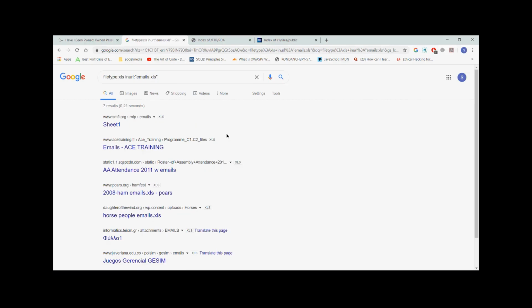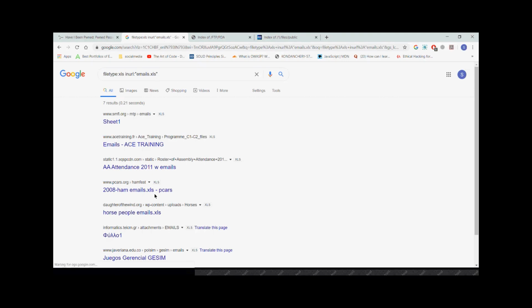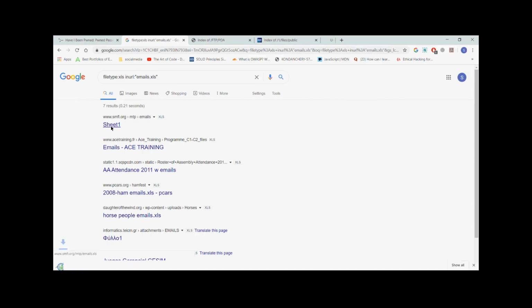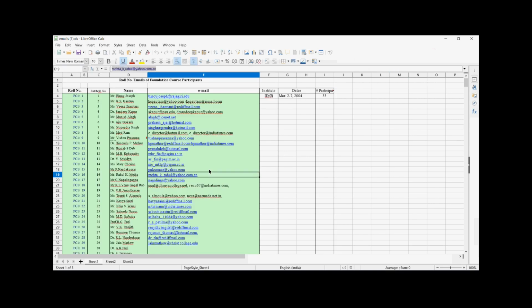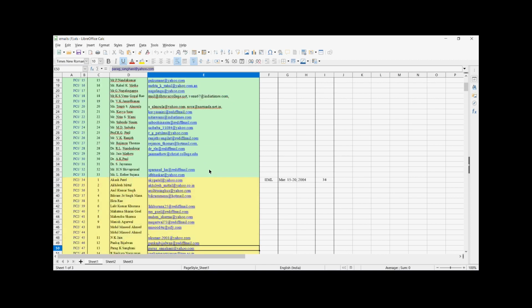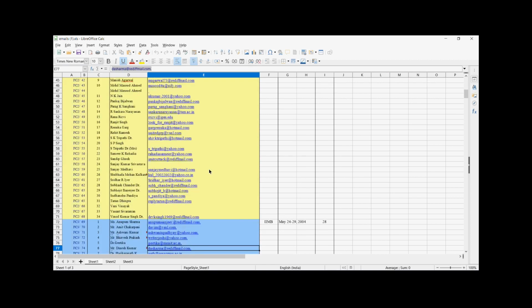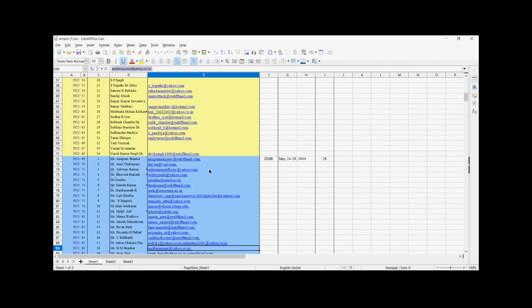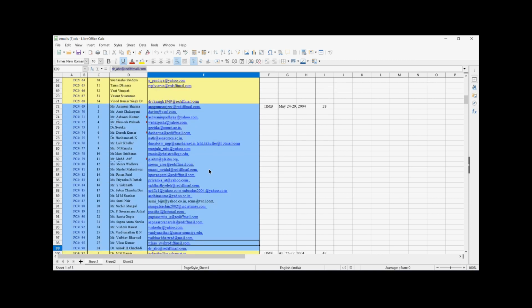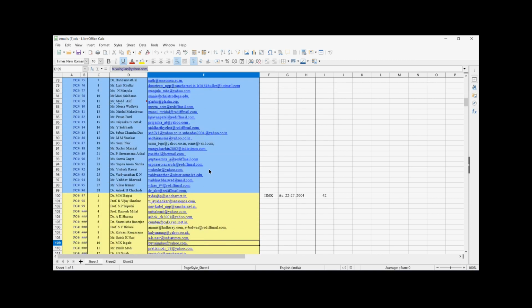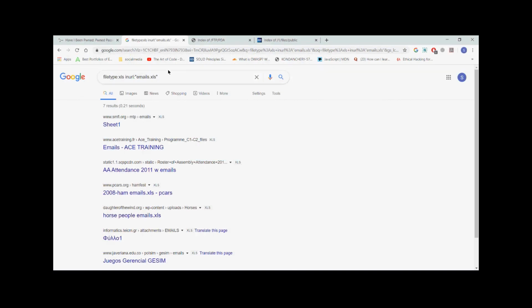If you do so, you will get all those shared Excel files. For example, take the first link. You can see there are multiple emails globally accessible. So try to avoid this type of thing. You can use encryption for opening Excel sheets, so that it's very difficult for people to crack.